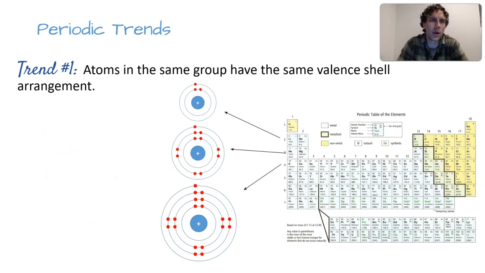Okay, also what I'd like you to know are 4 periodic trends. So there are 4 trends that we can see in the periodic table. Some of them are kind of obvious and some are a little less obvious. So here's one. Atoms in the